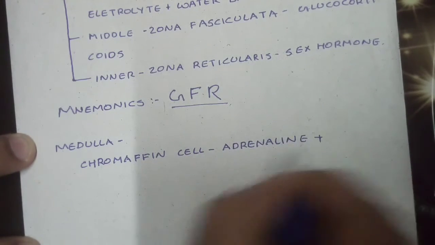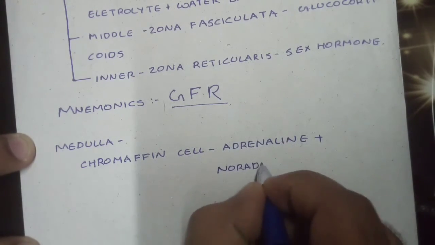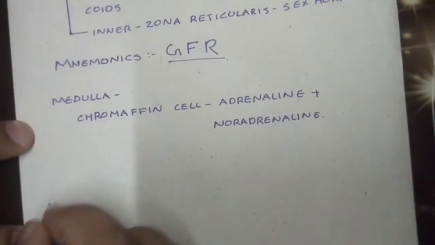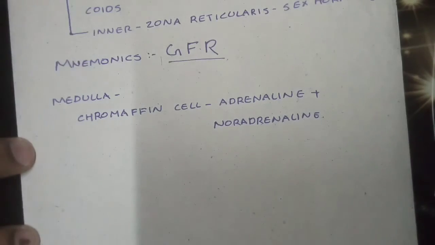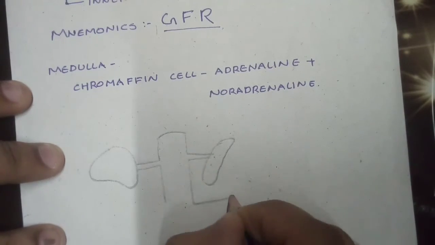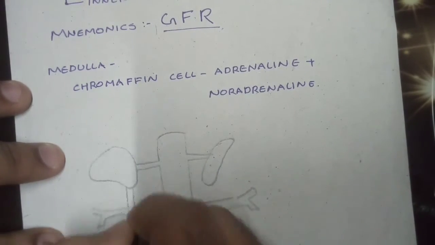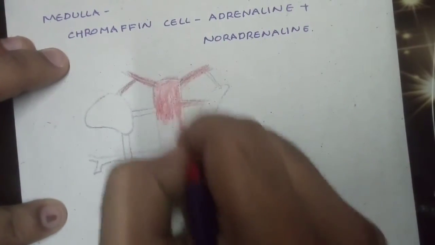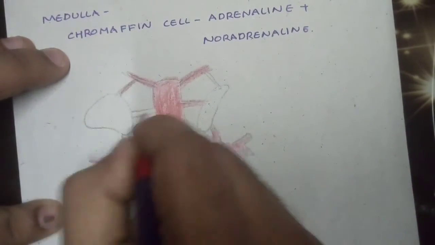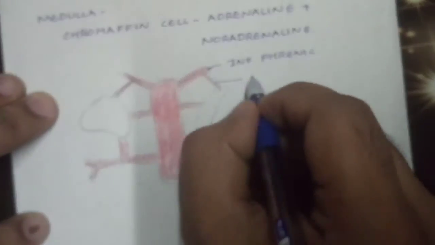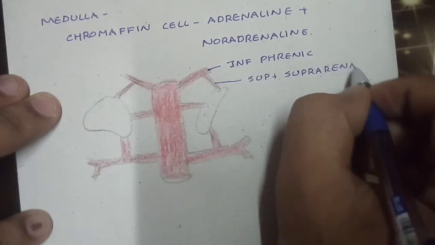It contains cells in groups with lots of capillaries. The autonomic ganglion cells are also seen here. Now for the arterial supply, before that, you need to know this diagram, which is an important diagram for the suprarenal gland. So this is the diagram. The outer cortex consists of zona glomerulosa, zona fasciculata and zona reticularis, which is very important, and the medulla is composed of chromaffin cells.